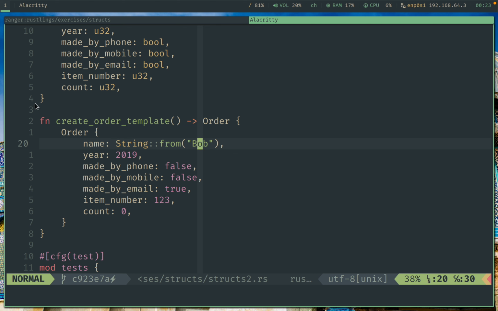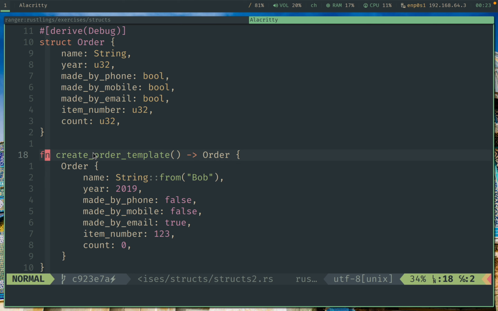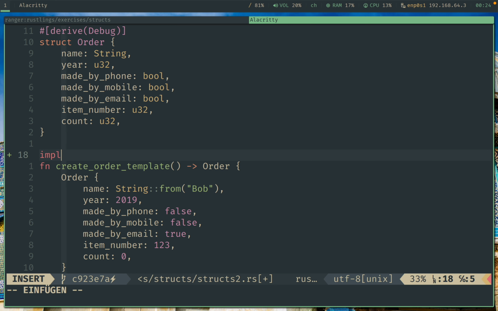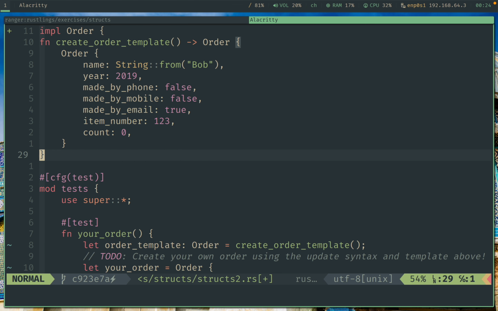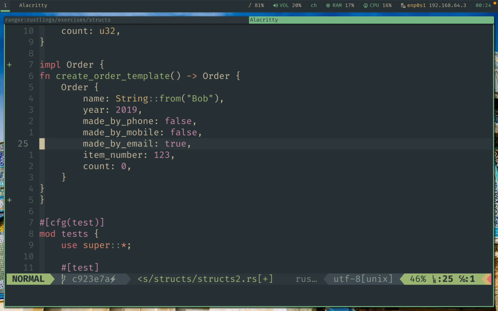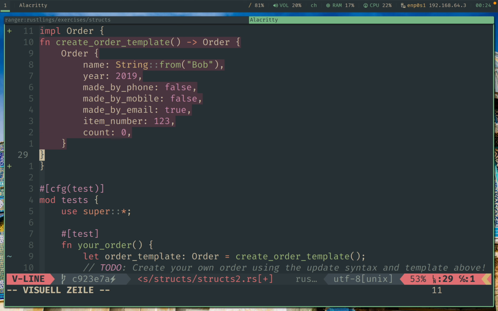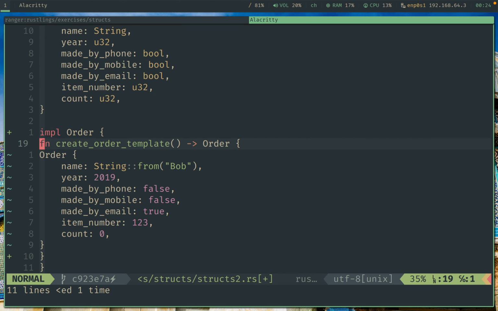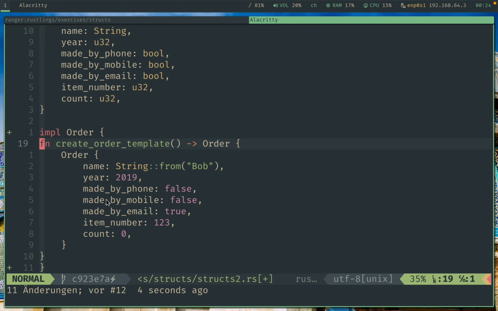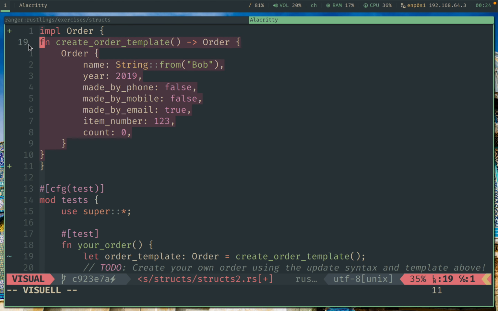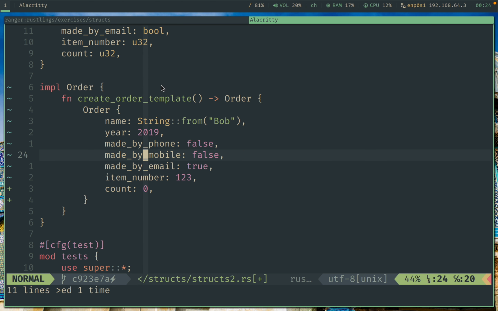Now, this isn't actually the greatest way of solving it. The better way would have been if you made this inside an implement order, and you put that inside another, like that. You go upside and put that over here. So like that over here, and as you can see, we have made that, and